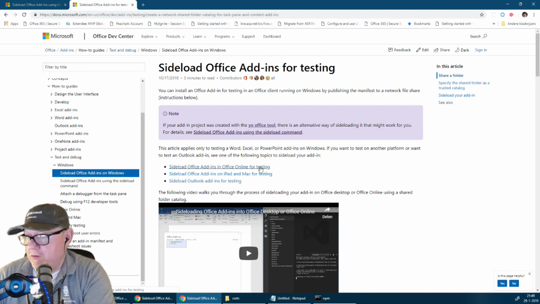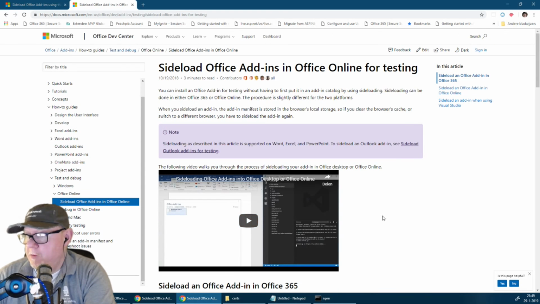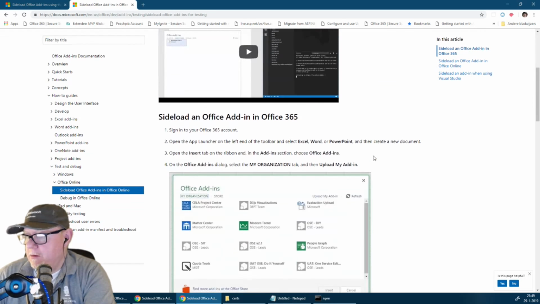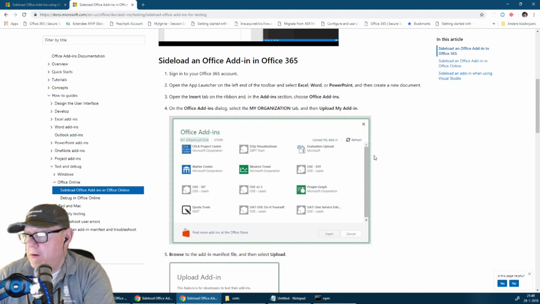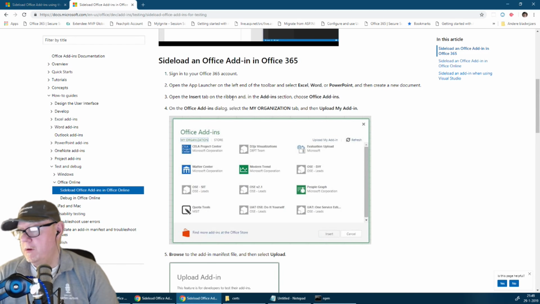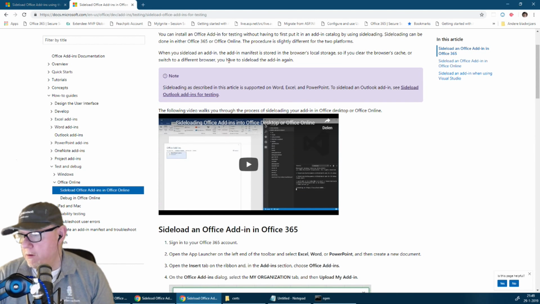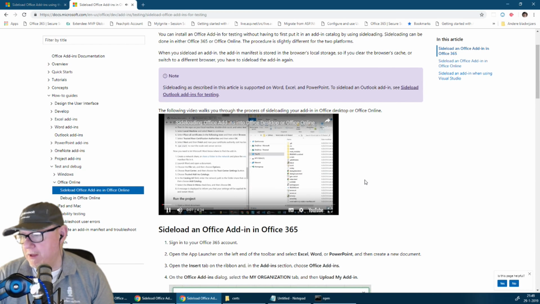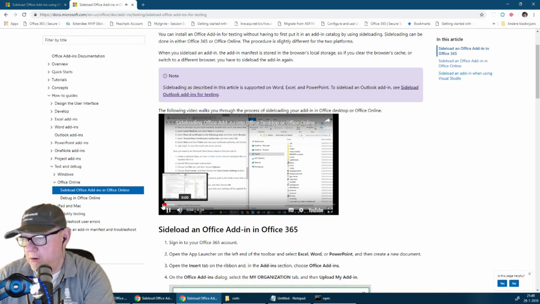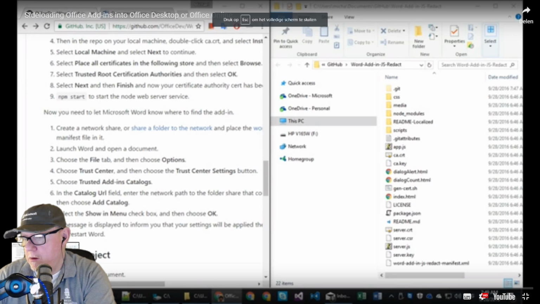Sideload Office add-ins in Office Online. Office add-in Office Online. Okay, sign into your Office account. Walk through the process. In this video, yeah, this is a very long video, how to sideload an Office add-in into either Office for Desktop or Office Online. Now, for sideloading, if you already have someone who had gone and published a website,